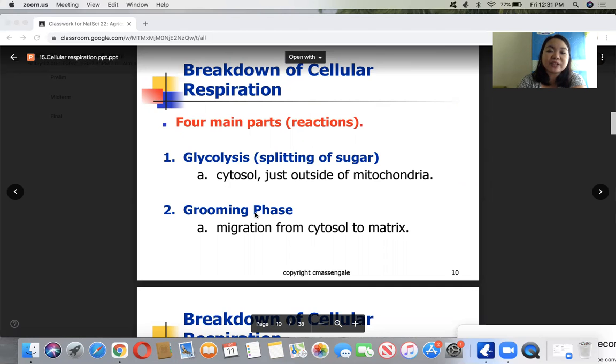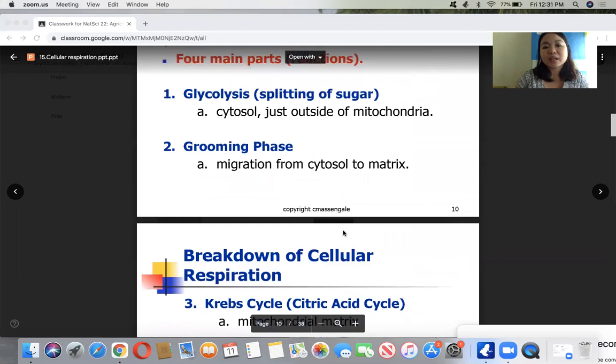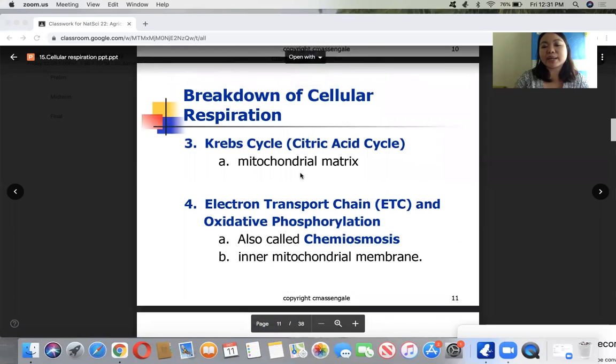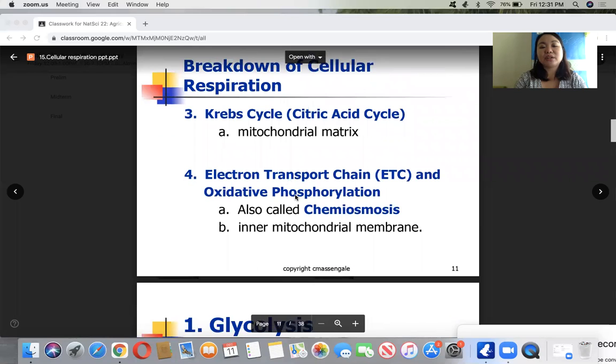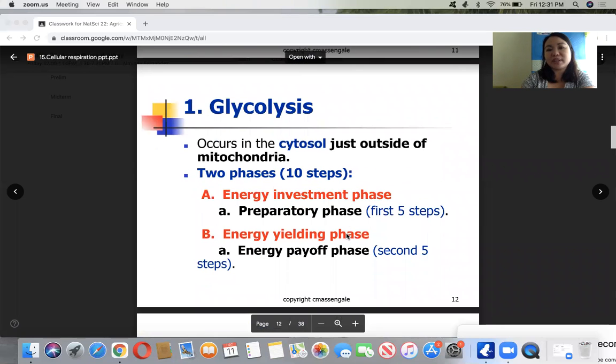and the second phase is known as the grooming phase or the migration from cytosol to matrix, and the third part is the Krebs cycle or the citric acid cycle inside the mitochondrial matrix. And the last part is the electron transport chain, ETC, and oxidative phosphorylation called chemiosmosis in the inner mitochondrial membrane. So let's start with glycolysis. In this video, we only have to discuss the four main parts of respiration, starting with